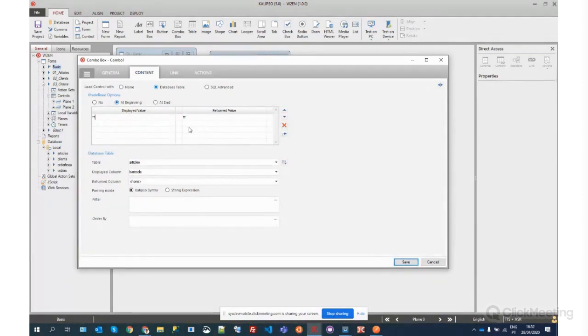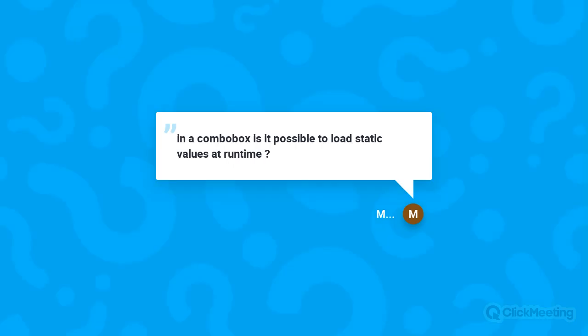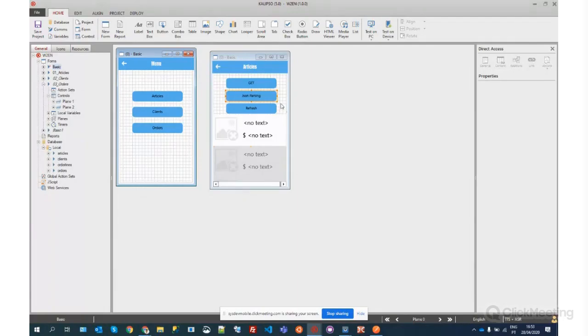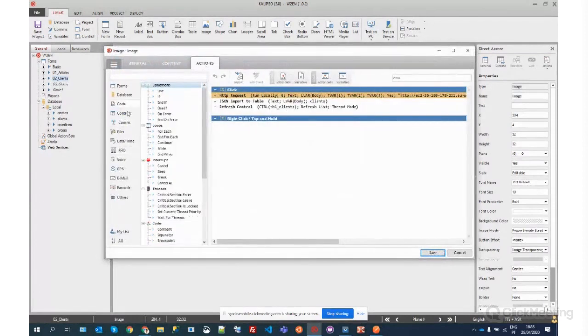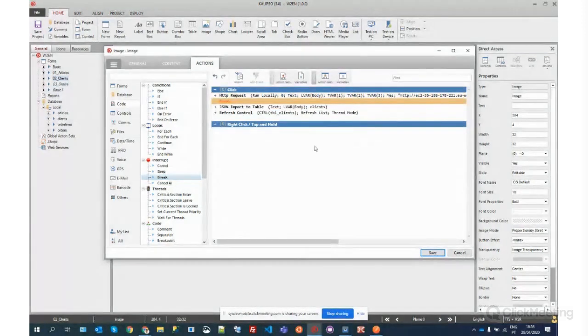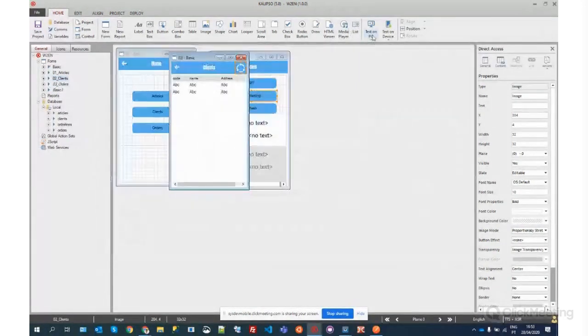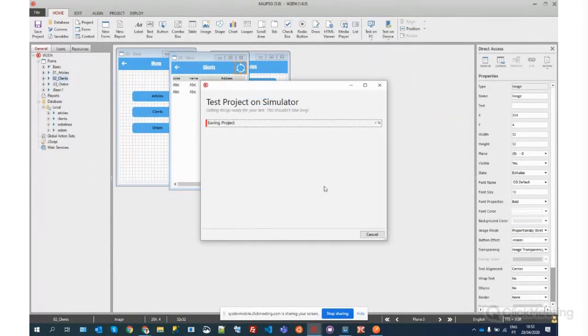I think so. So let's proceed to the next question. In Calypso, is there a way to use breakpoint for debugging? Oh yes. So let's see some place where I have more than one action here on the clients. So if you go here to code, break, okay. And then if you are on the simulator,